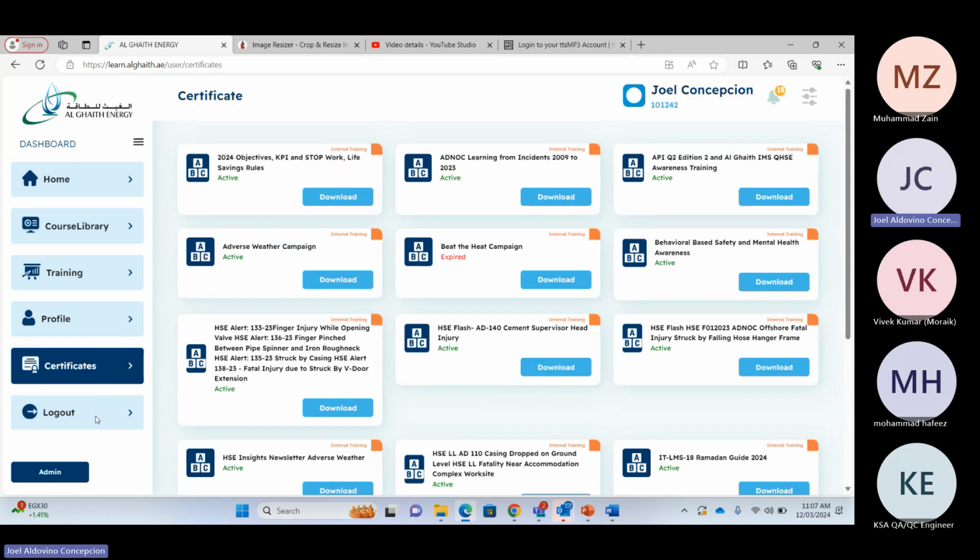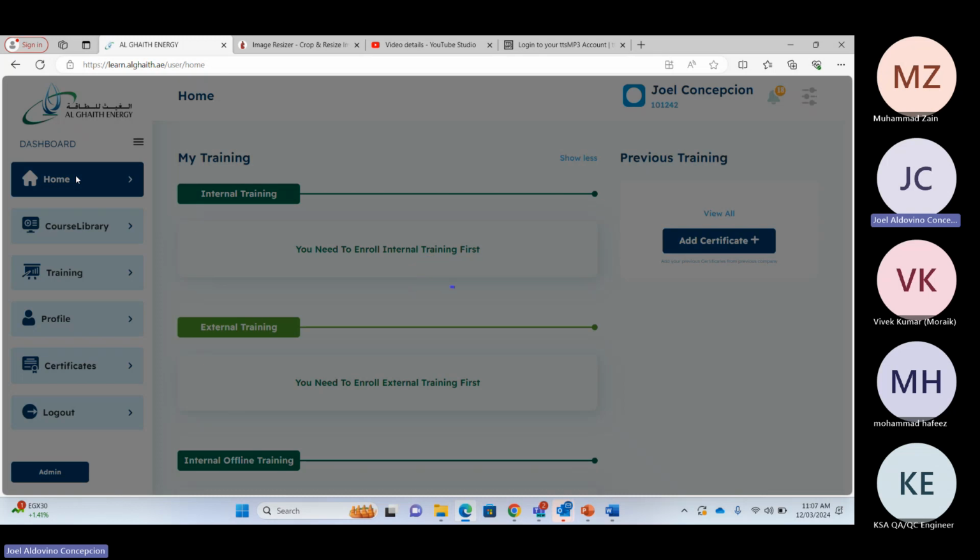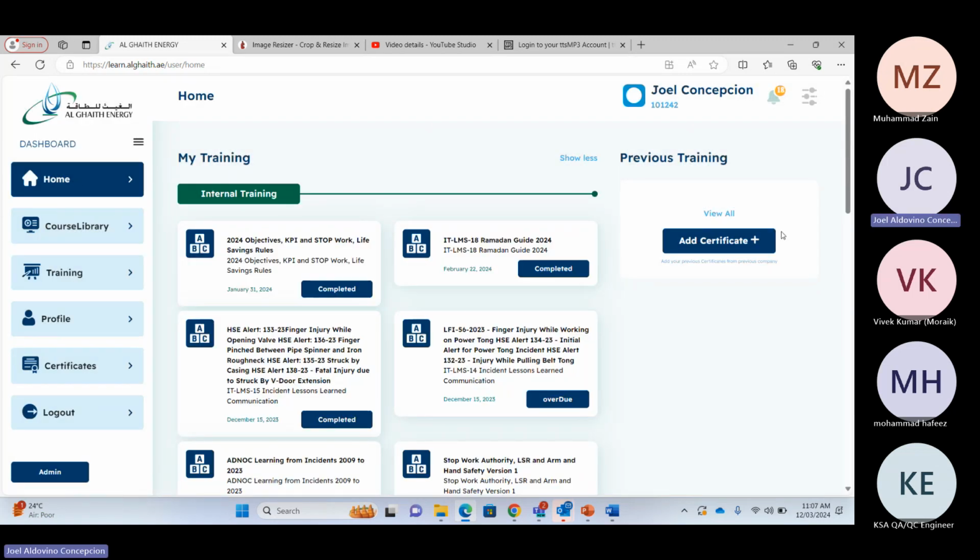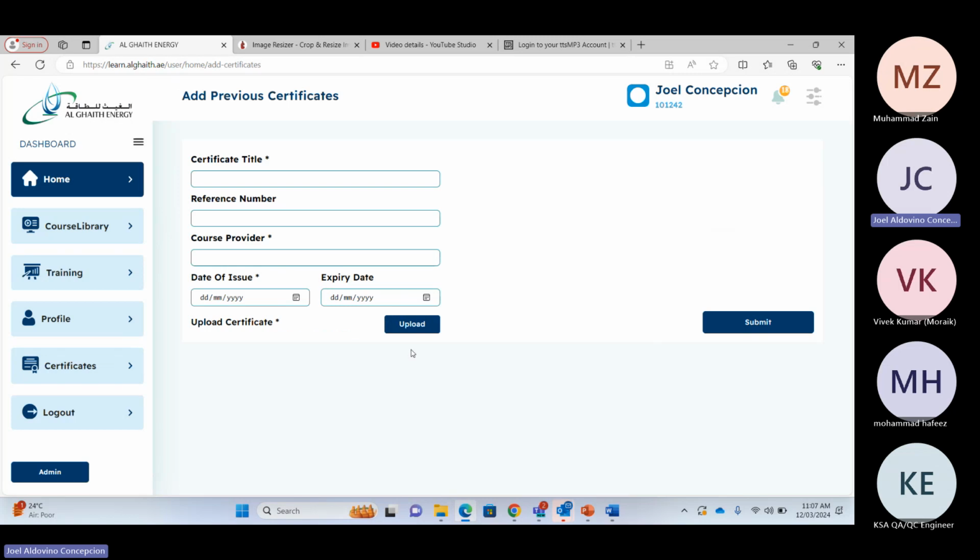And then log, yeah. So now one thing to take note here, to say, for example, I am a crew or a workshop crew and I am a user. This is the only thing that I will have access to as a user. I can add my certificates here, previous certificates as well. Yeah. As an employee, as a user, you can add your own certificates here. Then it will serve a purpose of having LMS as a training passport. Yeah. So one thing I need to tell you,